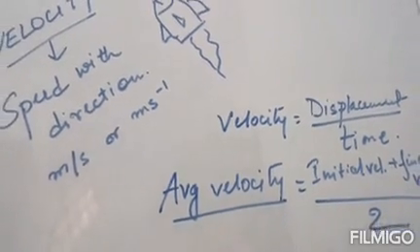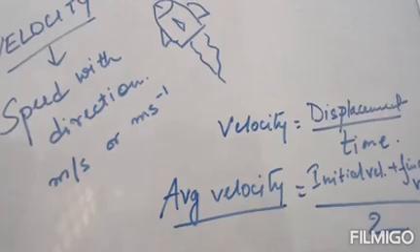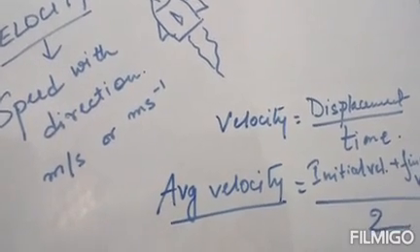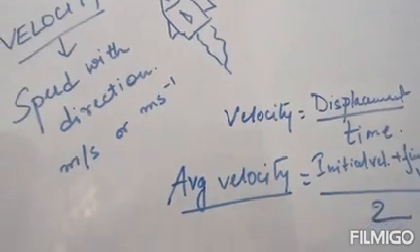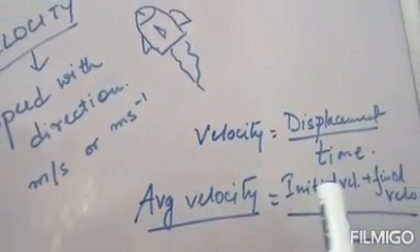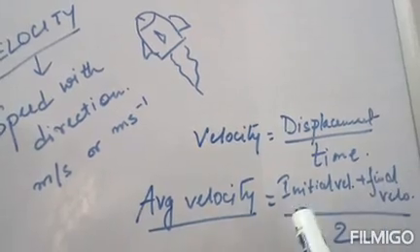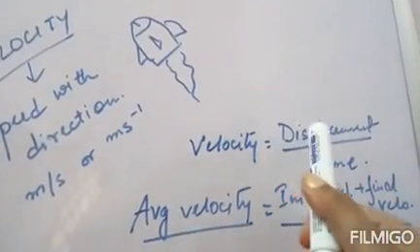Only in that case we need to find average velocity. Because velocity is a vector quantity, it will have direction, so a change in direction will also result in a change in velocity. So average velocity is initial velocity plus final velocity by 2, but in general we define velocity by